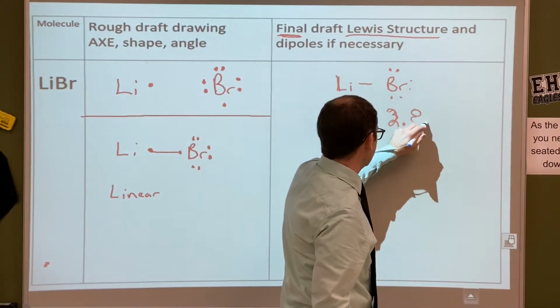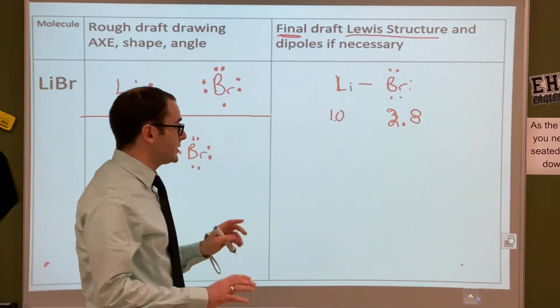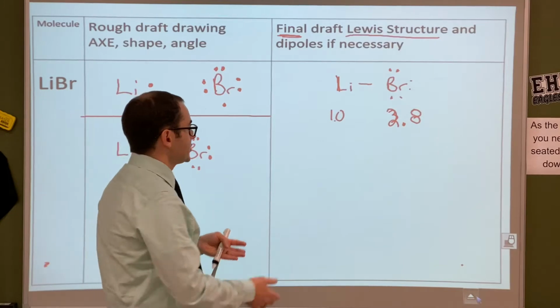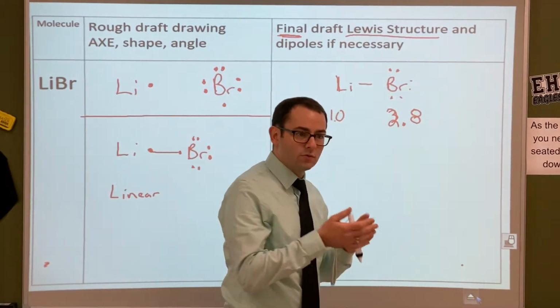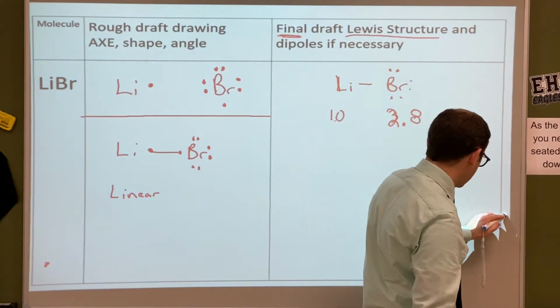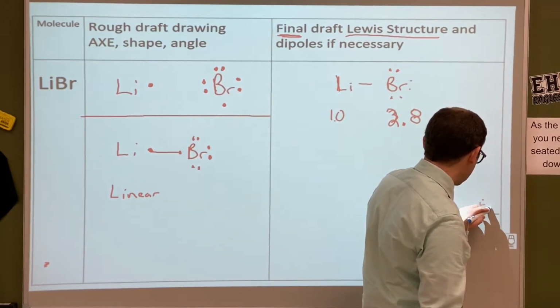Yeah, it's hard to read. 2.8. Okay, and what's the difference between those two? 1.8, right? Okay. So, do you remember what the range was for polar? What was it? 0.4. Okay. So, what I like to do is I like to have a little